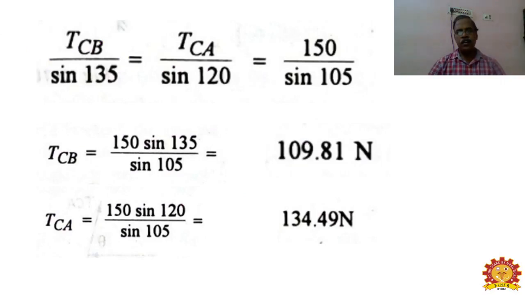of TCB, tension of TCB as well as tension of TCA. Instead of taking sigma H, sigma V, finding out the resultant, all these stories, nothing is required. Directly we can find out by this method. So this is found out by this Lamy's, and hence we are calling this one Lamy's theorem, applying